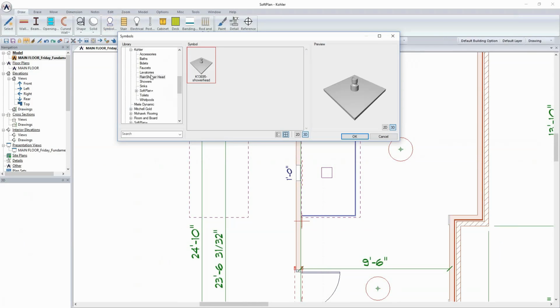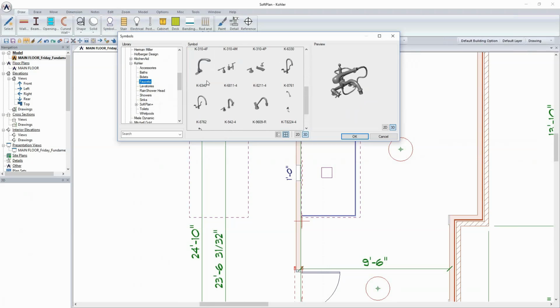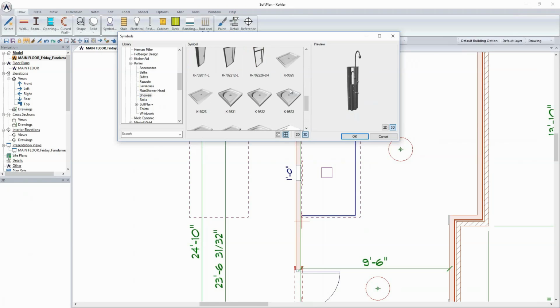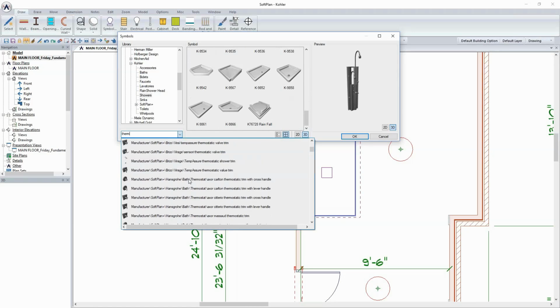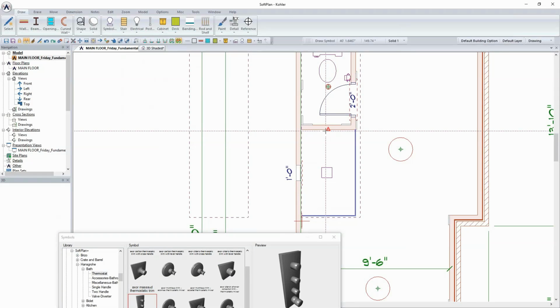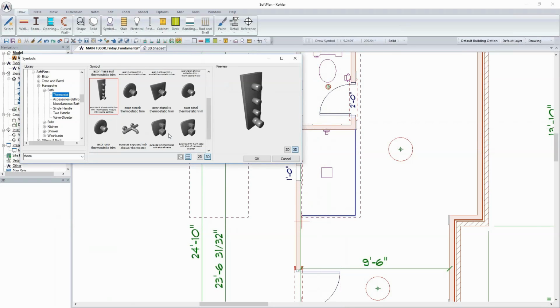And so coming in through draw and symbol, if I'm going to stick with the Kohler, I could go in through the different faucets that we've got there for what we're doing. I'll go down to showers. Let's see what we've got here as far as my different options, and so I find different shower heads. I'm going to do a search for thermostats, which will take me down to the different options that I have for all of the different handles. And so I find an option like this, and we maybe place that on that wall. And so turning the snap feature off just so that it snaps. There we go. We place that in, and then we may be looking even for a